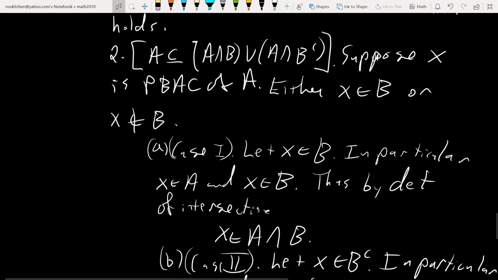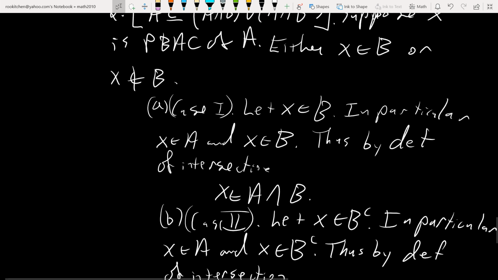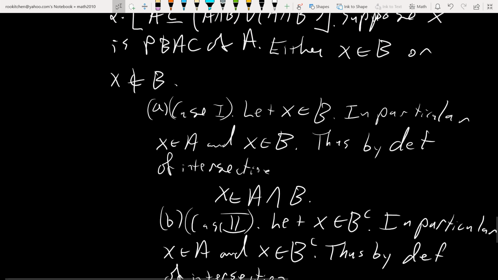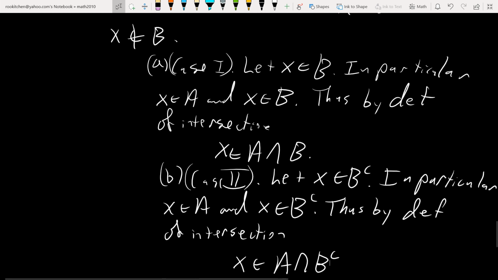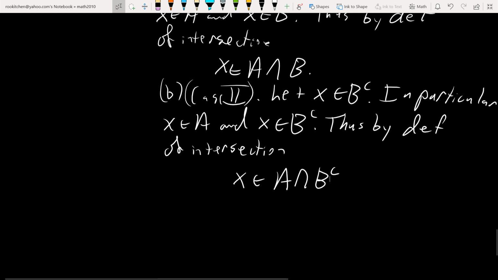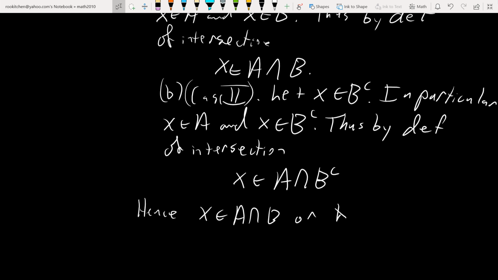Okay, so there's only two possible cases. Either x is in B or x is not in B. If x is in B, then x is in A and B. The other case, if x is in B complement, then x is in A intersect B complement. So I conclude then, hence, x is in A intersect B, or x is in A intersect B complement,